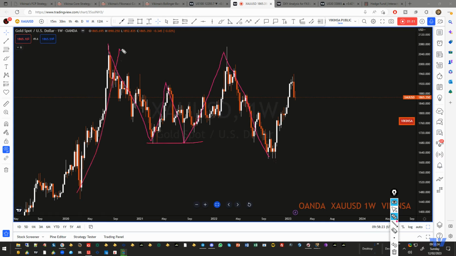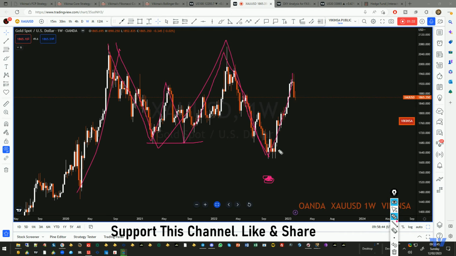Now this M pattern, which I mentioned before in the previous analysis, does not actually finish there. It actually comes somewhere around here, around 1500s or so. But the market actually pushed higher, and this happened pretty much in line with what DXY has been doing. DXY fell from its target zone. By the way, if you have not seen the DXY analysis, go and check it out. It is already on YouTube now, so you should be able to check it out. Because the DXY fell, gold went higher.